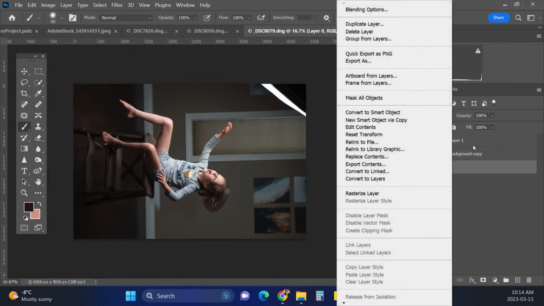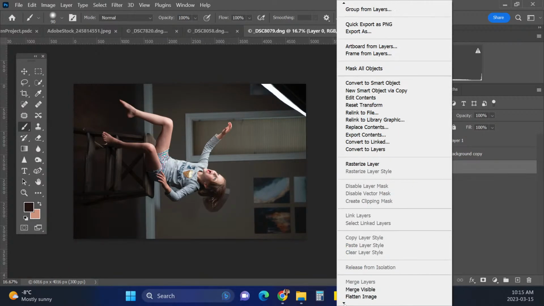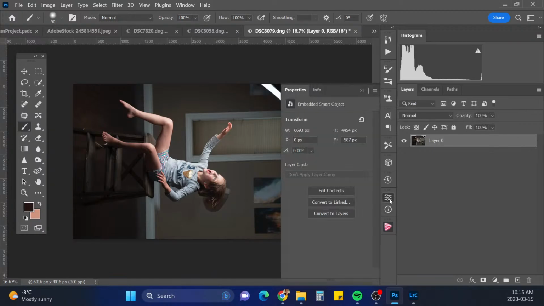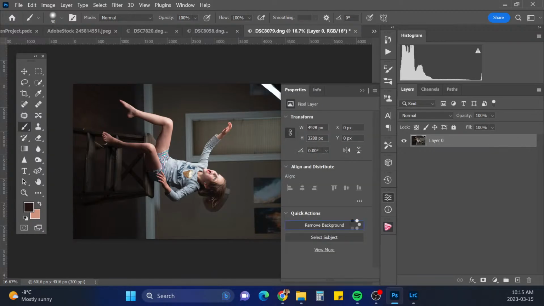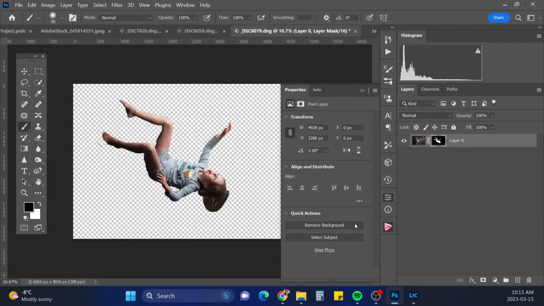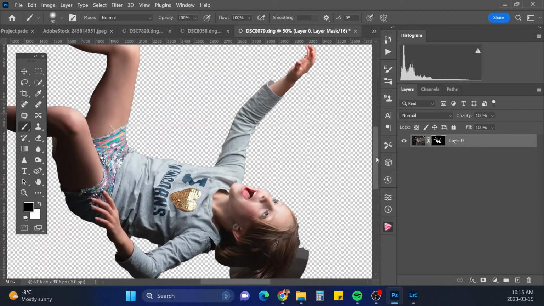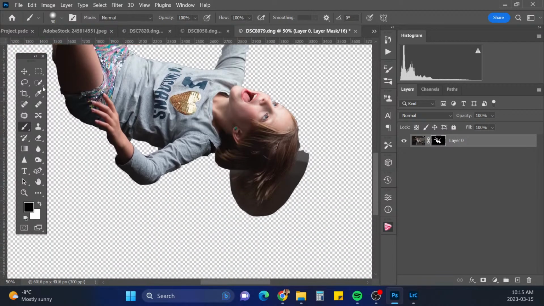And let's flatten this. Flatten and just unlock it, and we'll go remove background. Okay, and I'm just going to clean up the hair a bit.